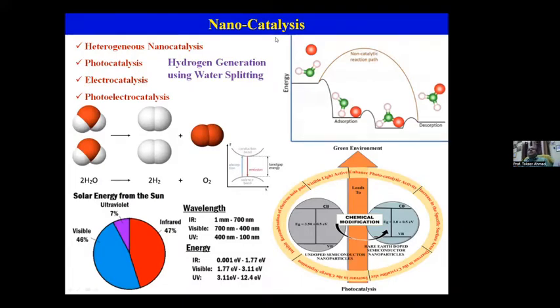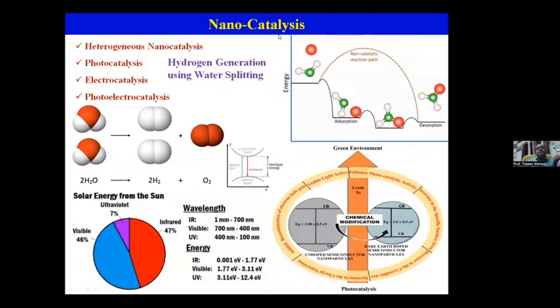Nanocatalysis. There are various forms of nanocatalysis. One form is heterogeneous nanocatalysis, where we take the opportunity to work over organocatalysis. In organocatalysis, there are millions of organic transformations that are known, which are supported by the inorganic catalyst. So nowadays, what we are doing is transforming the inorganic catalyst into an inorganic nanocatalyst. So we are able to carry out those millions of organic transformations with the help of the inorganic nanocatalyst. This area is called heterogeneous nanocatalysis.